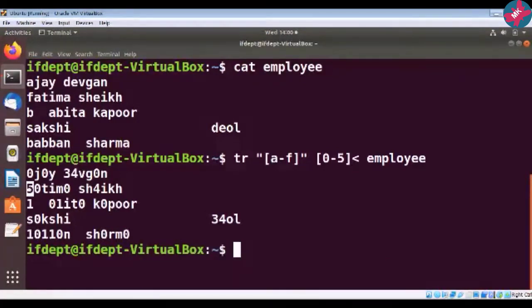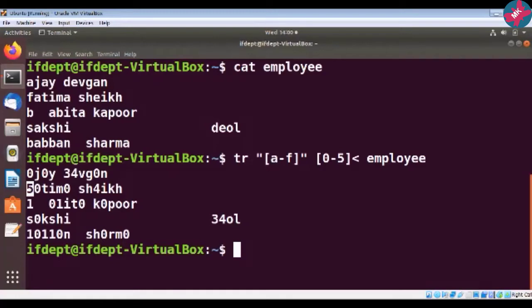So what this translate command has done is that in the first set, suppose you have given A to F, and in the second set you have given 0 to 5, then these first set characters will be replaced by the second set of characters.